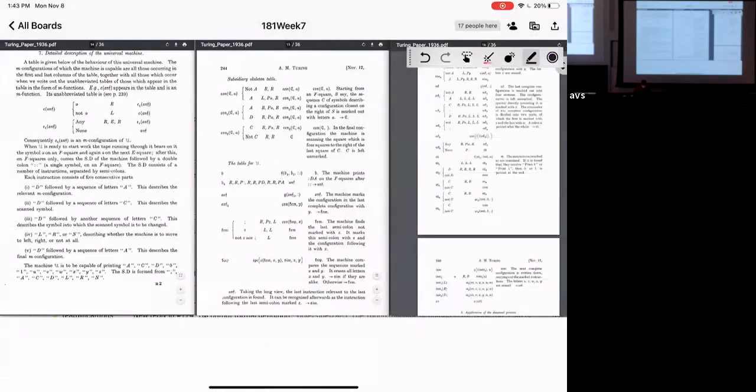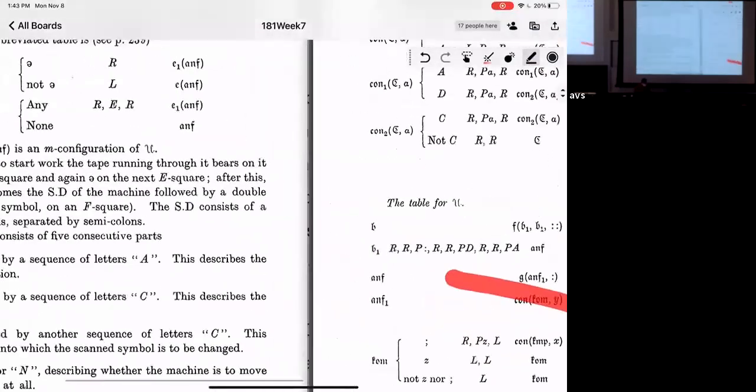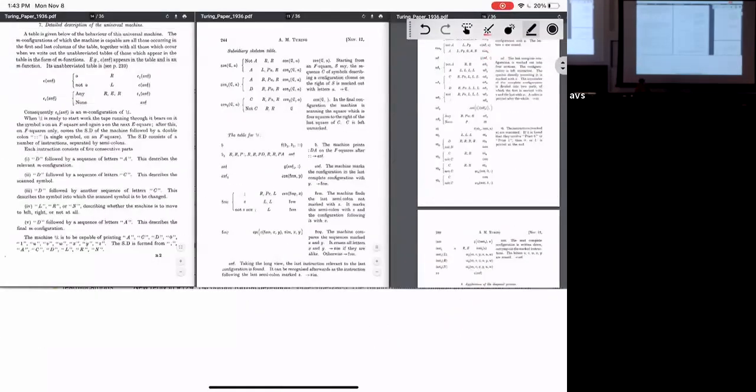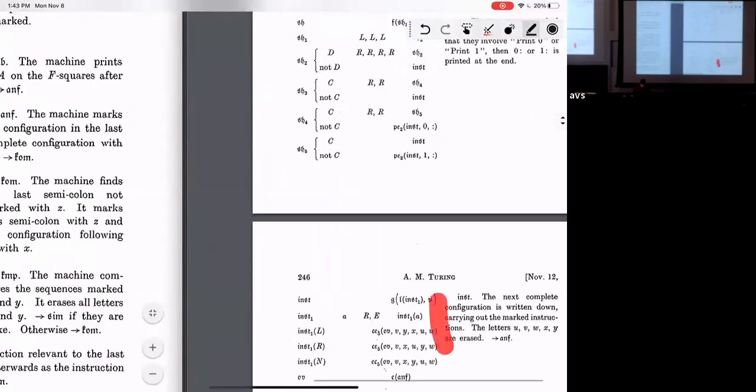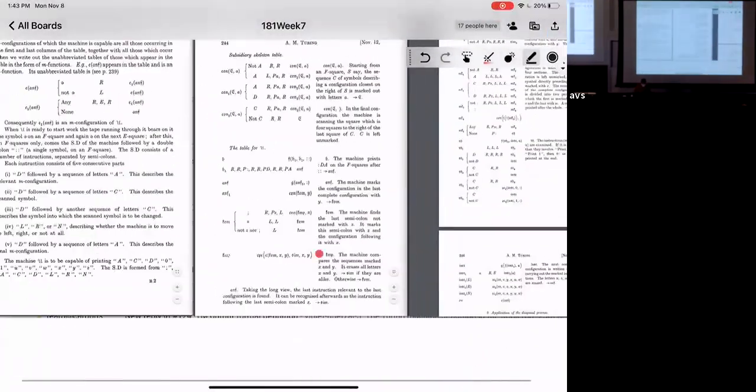And just as an amazing thing, here's the universal Turing machine from Turing's paper. He actually coded up this Turing machine, displayed all the transitions, all the symbols, and he said, this is the universal Turing machine.